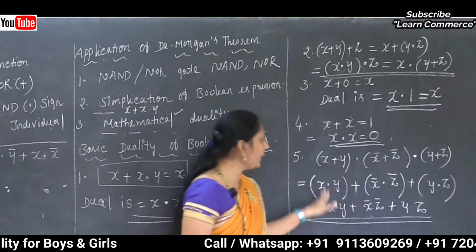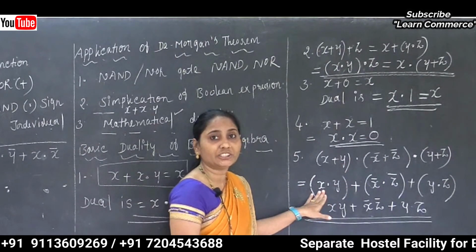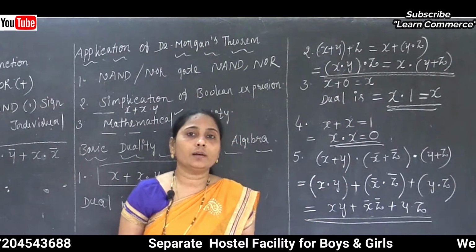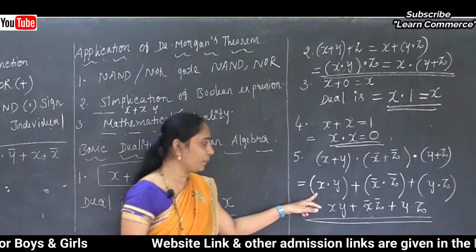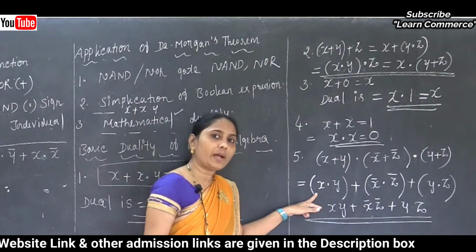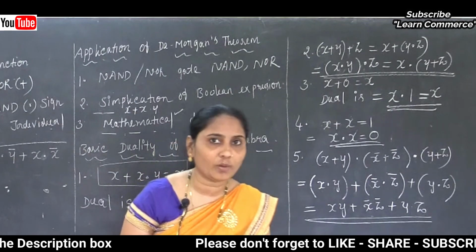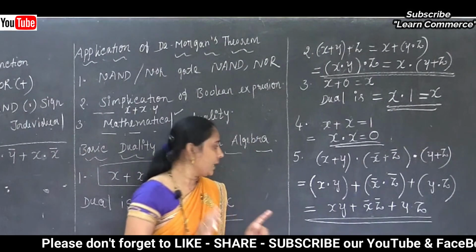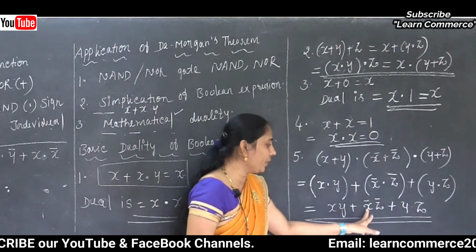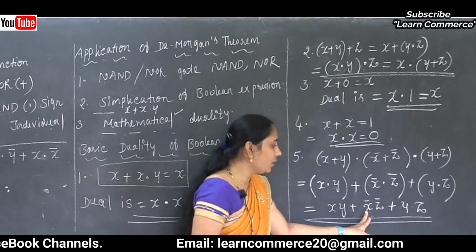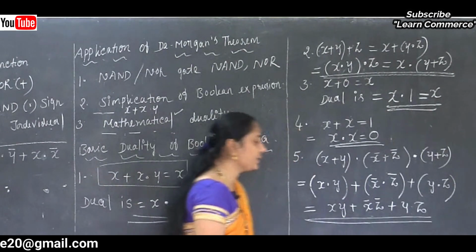So we can say that we know the question, and just using the question I changed it by following the rules of the principle of duality. Wherever the plus is, change it to the dot, and where the value 0 is there, change it to 1, but no information about the equal sign and about the variables. So finally we get the result as xy plus complement of z and complement of x and complement of z plus y and z.